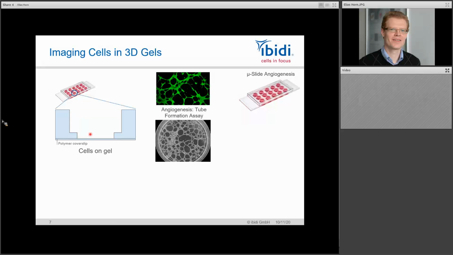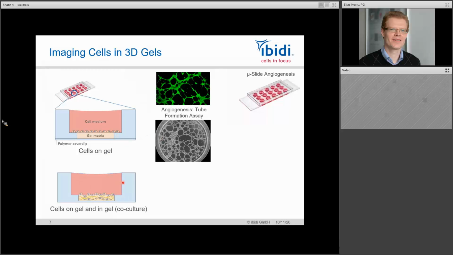If this gel matrix is a Matrigel, and if endothelial cells are seeded on top, then you are in the classical angiogenesis tube formation assay, in which endothelial cells on top of the Matrigel will form those characteristic endothelial patterns, which give you some information on the angiogenic potential of the compounds you add or of the cells themselves. So that is a very easy way to put cells on top of a gel matrix,